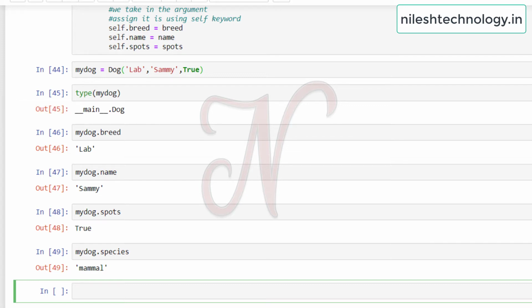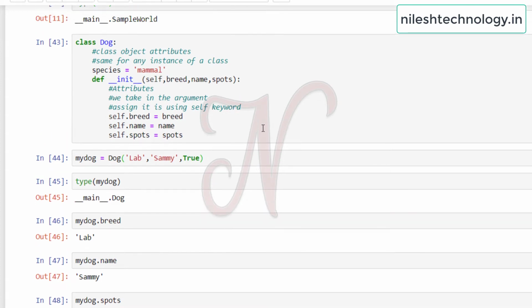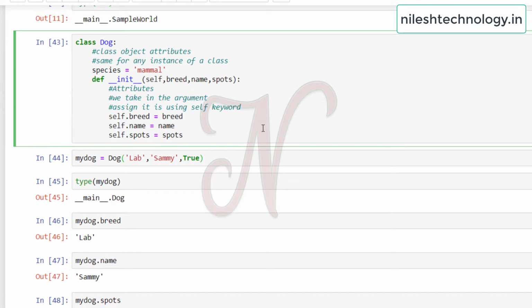So see here, this is your previous class. We add here some methods. So this is the species. Then here we remove one parameter, spots. Then here the operations or actions, which are called methods.